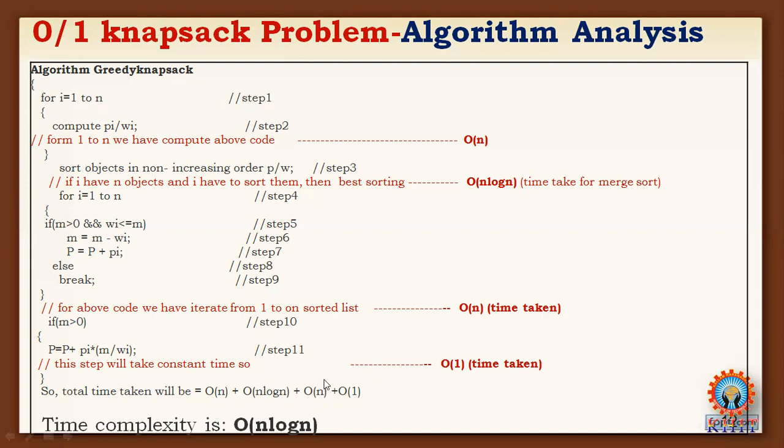Among those terms, we always neglect the constant values. Once we neglect the constant, order of 1, this is the leftover. Here you need to find the highest-order term. Order of n log n is higher than order of n. Hence, the time complexity of the problem is order of n log n. Friends, in this way, we can analyze the time complexity of any algorithm.